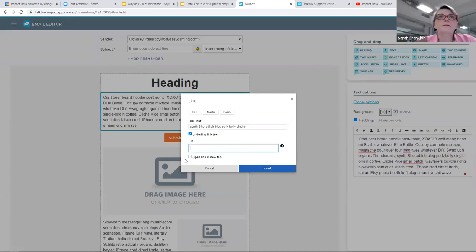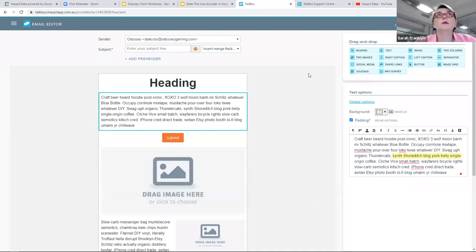Another really important tip, open that link in a new window because you don't want them bouncing off the email you've gone to all of this trouble to get them to engage with. So open it in a new window, and of course then it's easy for them to stay engaged with your communication. So hopefully that makes sense. So tip there, if you're using a link, always open in a new window and of course put your URL.